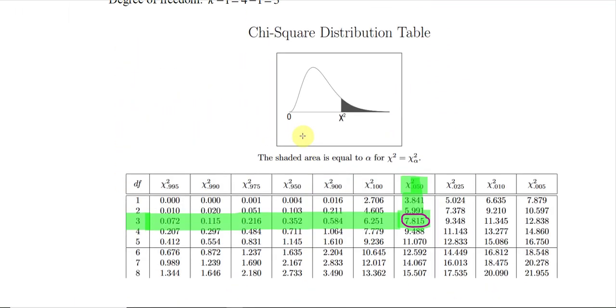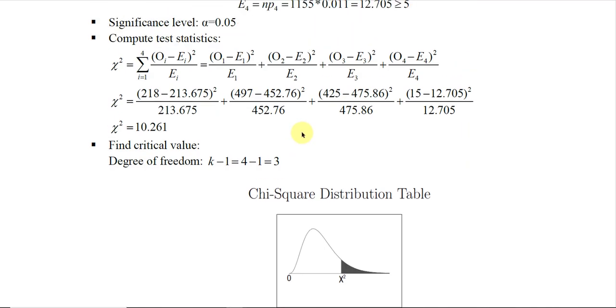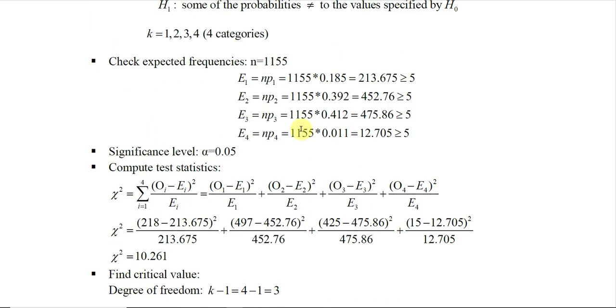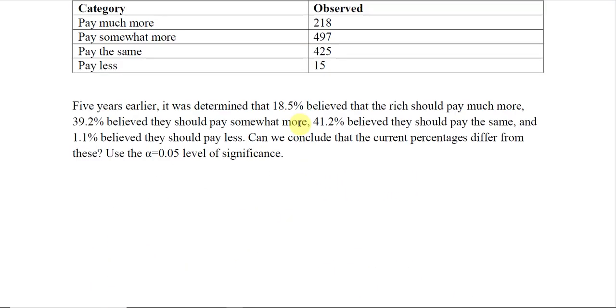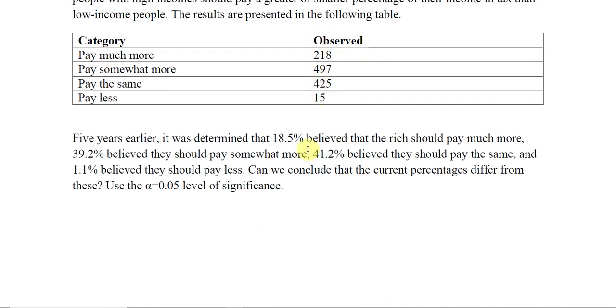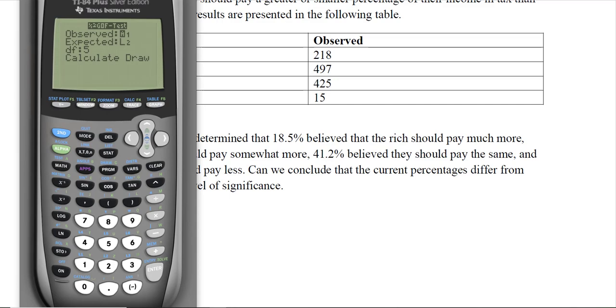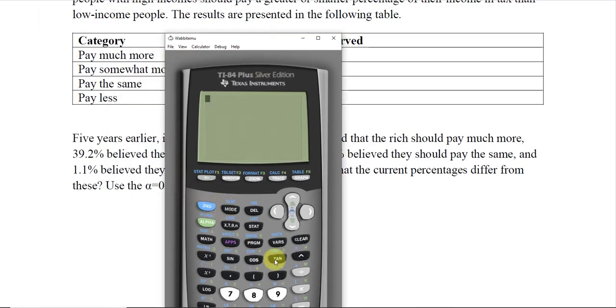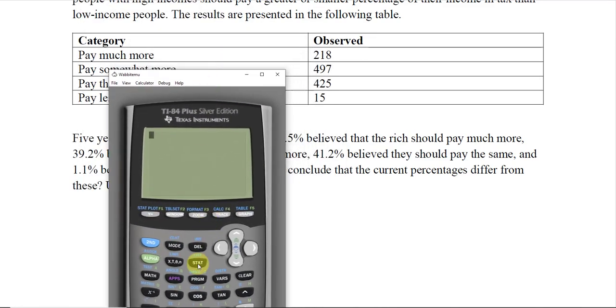So let's go back to the observed values. Your observed values are right here. We need to input them into the list first. So let me use stat and then edit, and my list L1 is my observed values,